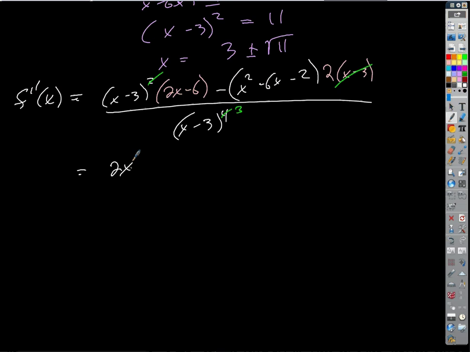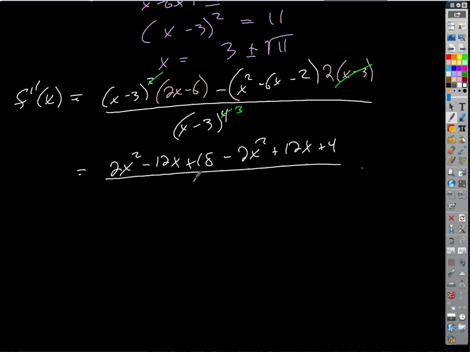I'm going to get 2x squared minus 6x minus 6x plus 18. Oh no, we just distribute a negative 2, that's easy. So minus 2x squared, plus 12x, plus 4,